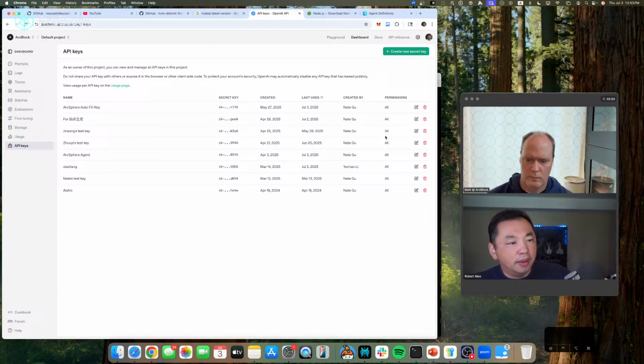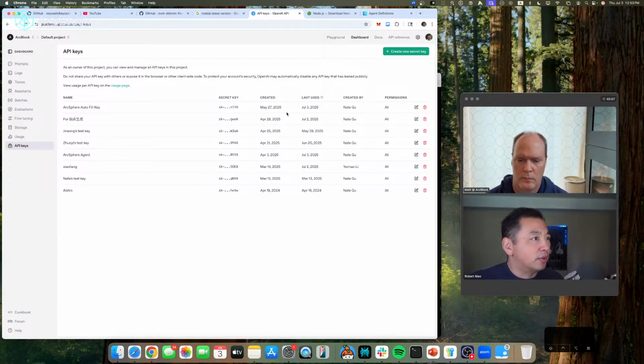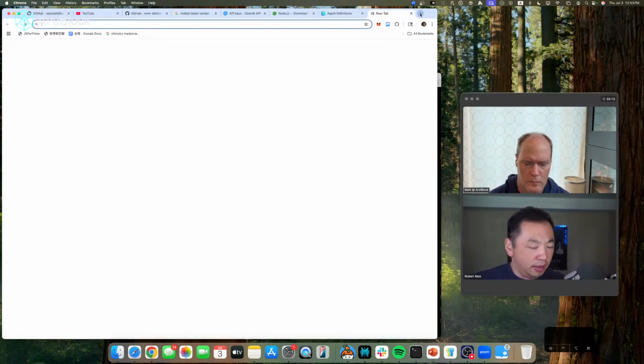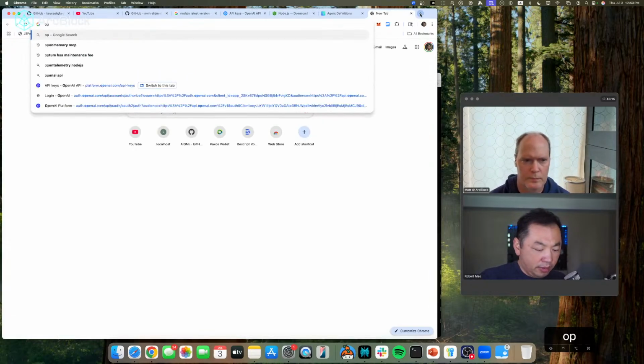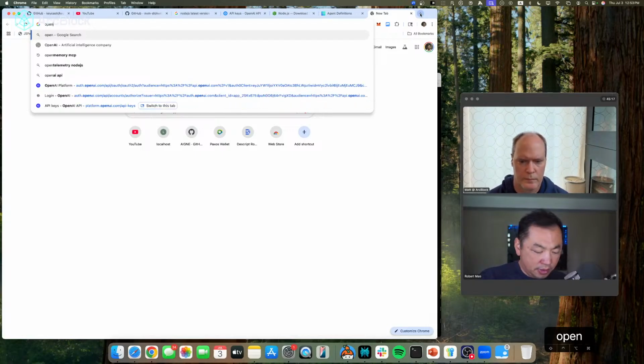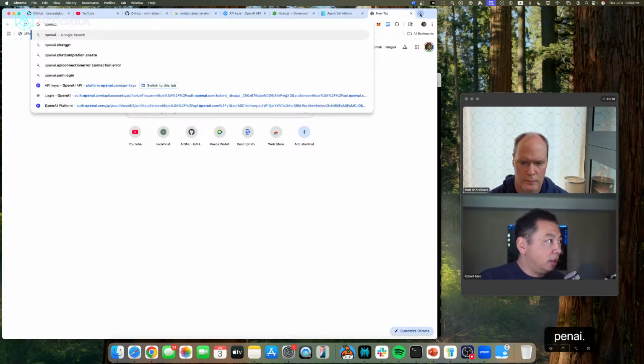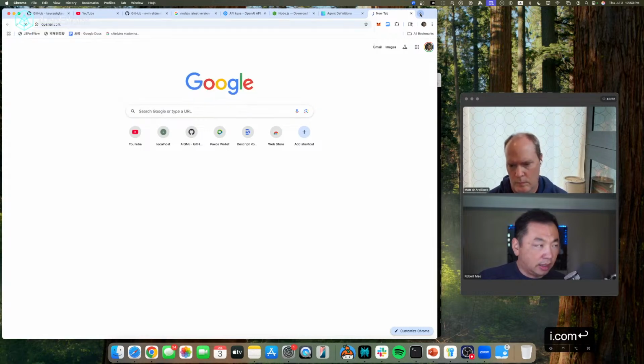So once I continue with Google, I go to this OpenAI API keys page. If you don't click the link, you can just go to OpenAI's website. The website is not ChatGPT, it's OpenAI, the company itself.